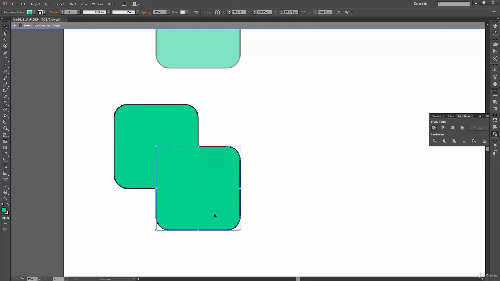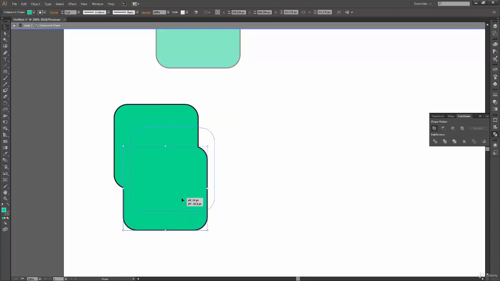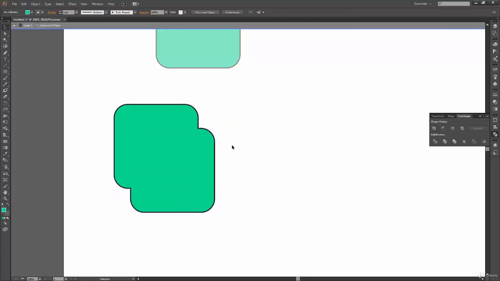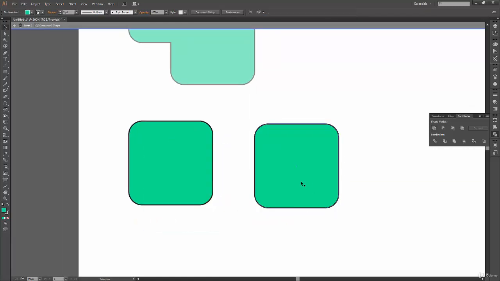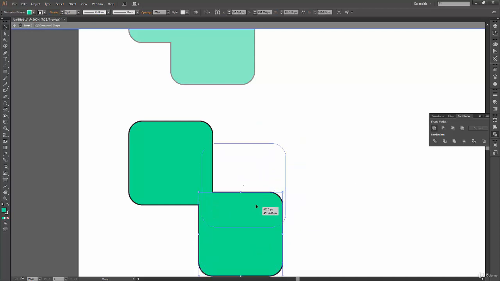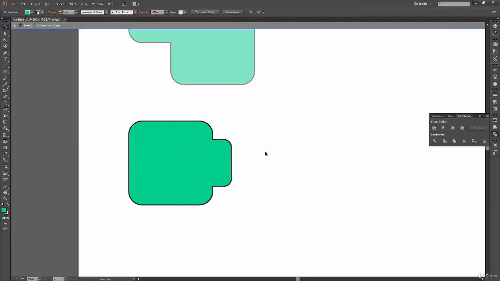You have the freedom to click on this shape and move it anywhere you want. Like I can move it somewhere over here, and when you deselect, you get this kind of result. Again, I can just separate these two shapes, but this doesn't make any sense, because why would you even need a compound path when you have two different shapes? But if you are performing some kind of operations over here, then yeah, compound path makes much more sense.